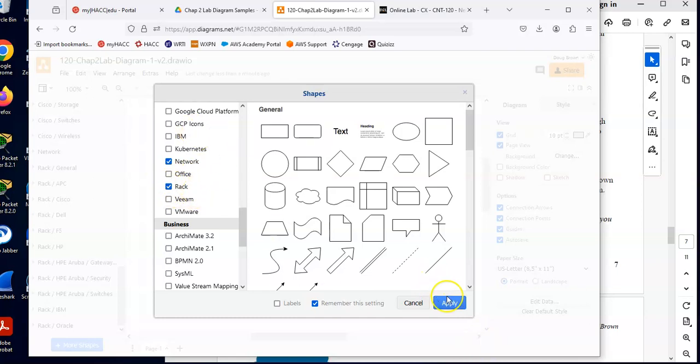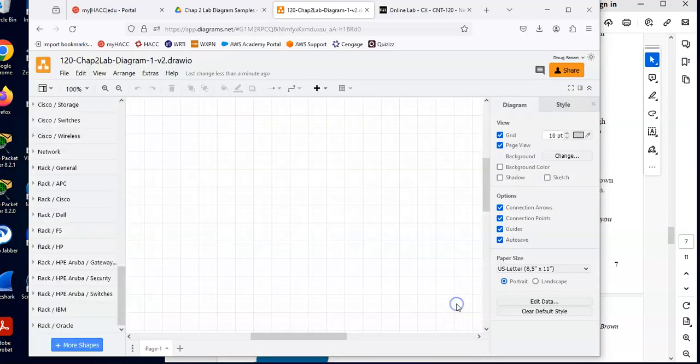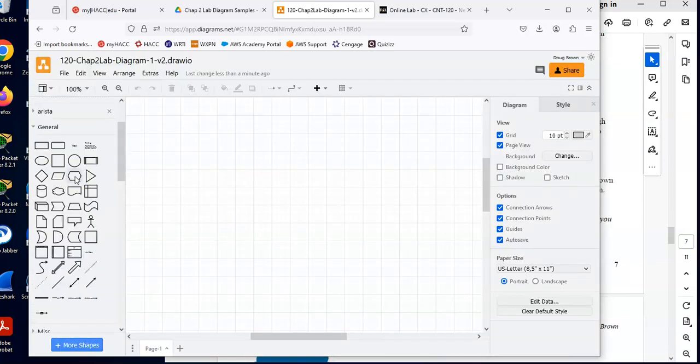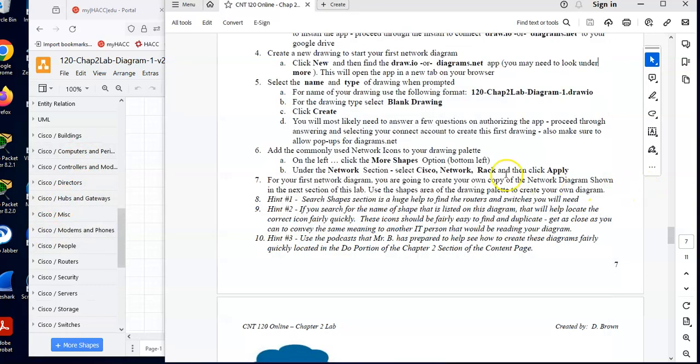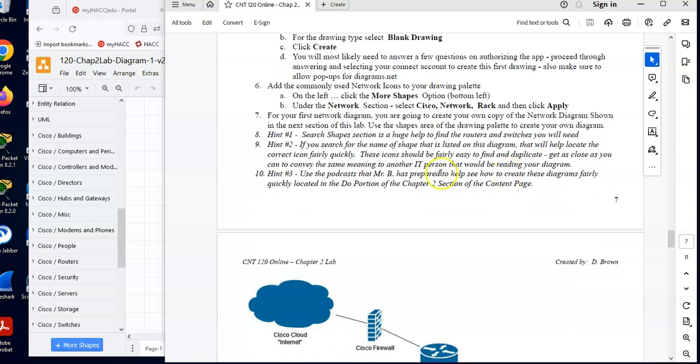So I will select those, and then I'll say Apply. Okay, that'll add all these icon shapes to my options over here. Now that I have that, we are going to